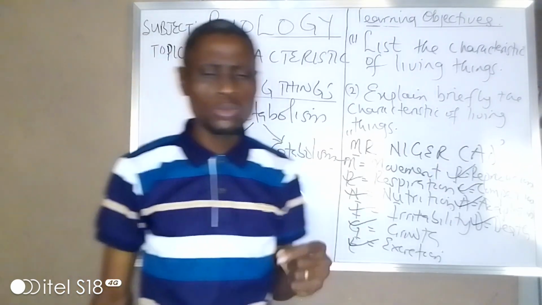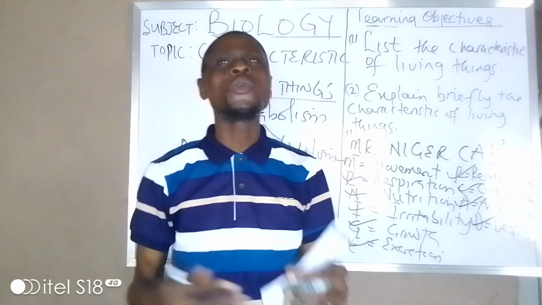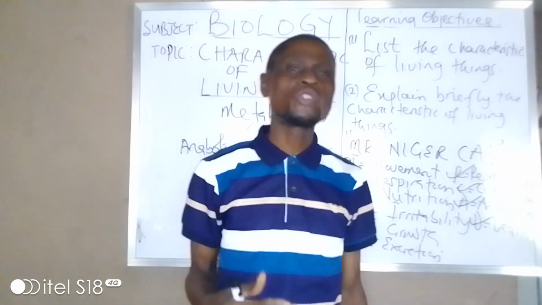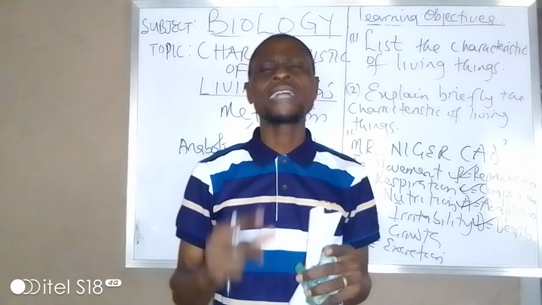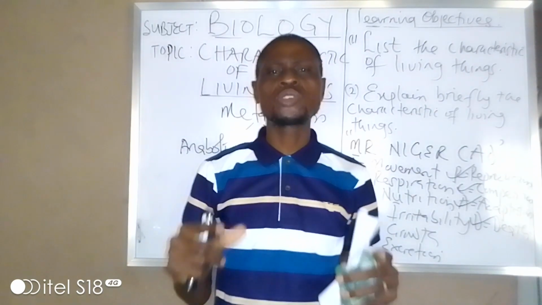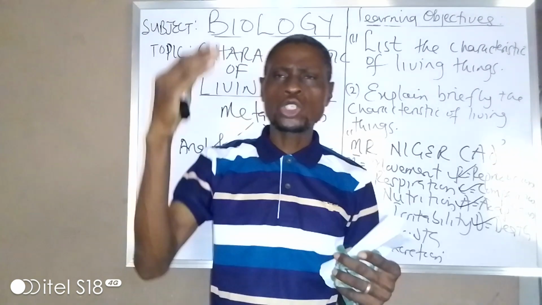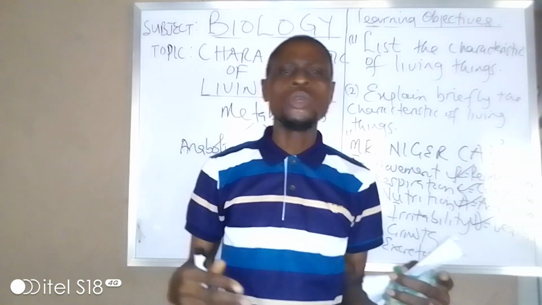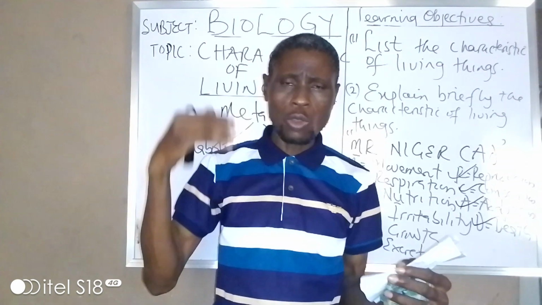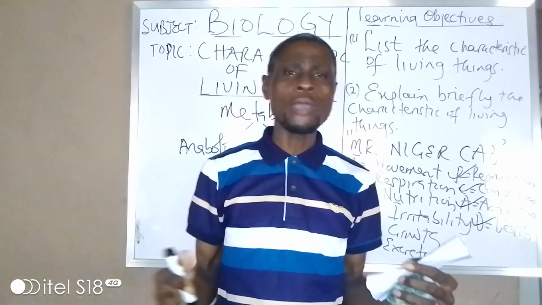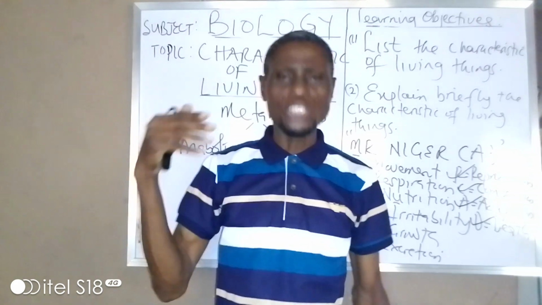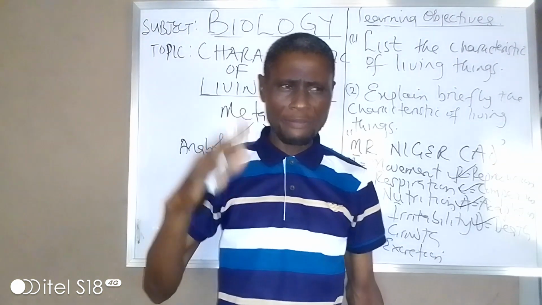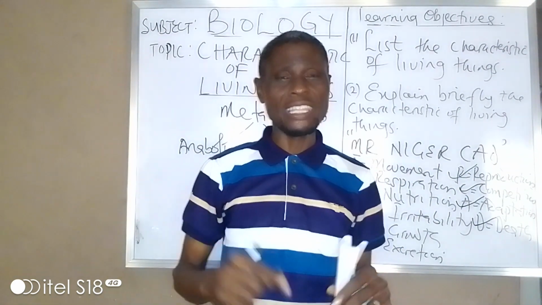So this is where we are going to stop today. In the next class, we are going to look at another interesting topic: classification of living things, which we call taxonomy. So how living things are being classified. We have the kingdom, we have the class, we have the order, we have the species, we have the genus. So these are some of the things under classification, different types of the kingdom. I think we have 5 main types of kingdom. So we are going to talk about them in the next class.